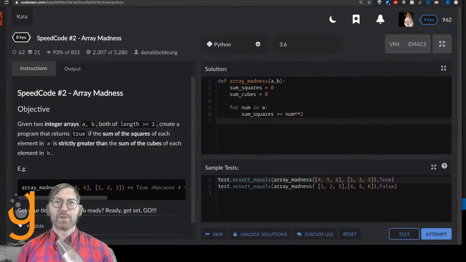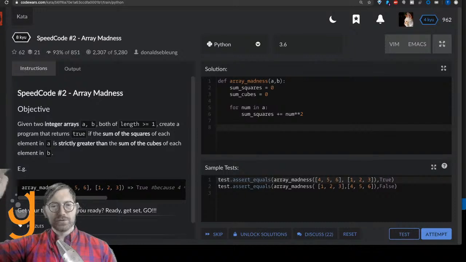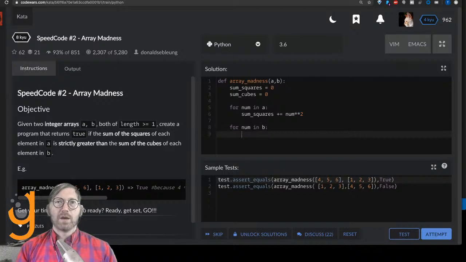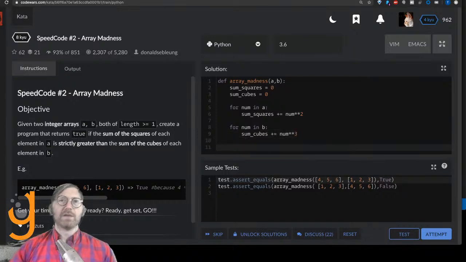Notice when I'm programming, I'm not always thinking linearly, or programming linearly. I'm jumping back and forth between places in the function. And you'll do this a lot as you become more and more proficient with coding. So for each number in B, I'm going to say sum cubes is going to get that number cubed. And then I'm going to say